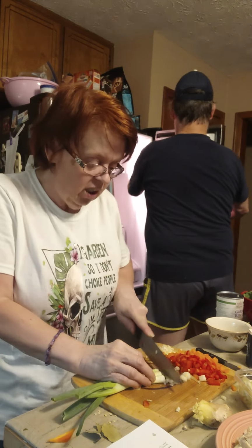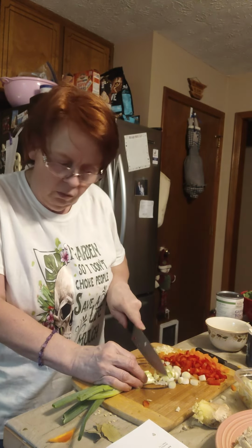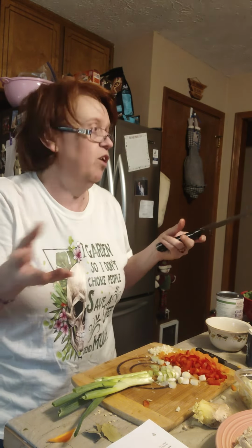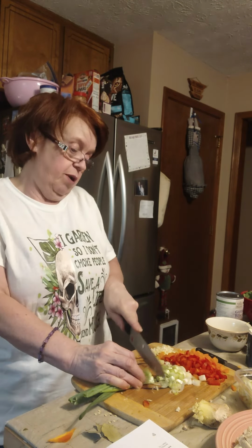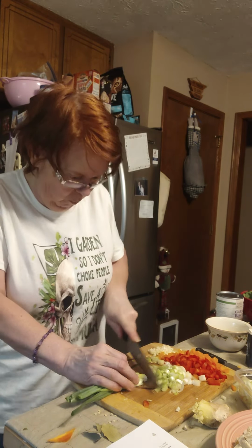Other things in there. And I'm using spring onions instead of leeks, because leeks are too expensive. Really? Yeah. I mean, they're huge, number one. But they want almost $3 for 2 of them. Wow. In the store. So I was like, no, thank you. And I like the taste of spring onions in soup anyway. So I'm going to use those, all the way to the green tops. I could use about...